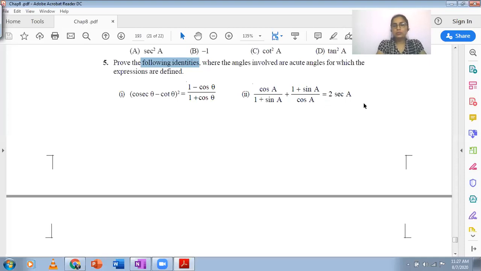And sometimes students like to cram those, just like in the previous exercise where we were writing the T ratios for specific angles. I suggested that you can make a table beforehand. वो क्वेश्चंस करने से पहले एग्जाम में आप टेबल बना लो. अगर आपको वैल्यूज याद नहीं है तो टेबल में से आप वैल्यूज देख के अपने सम्स कर सकते हो. I think this is the way you have been doing questions in the exercise. You just turn back a page or table वहाँ पे है, वहाँ से values देखिए और sum solve करिए. But I suggest that you should have those values by heart. But still आपके पास option है.